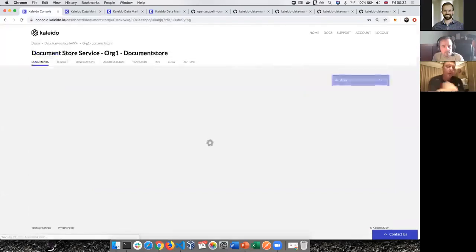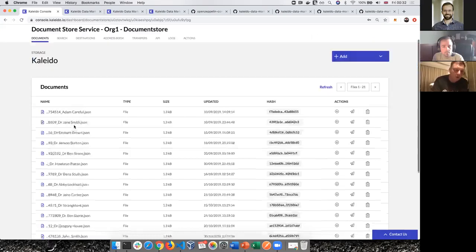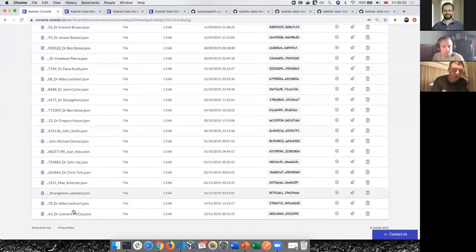document store. So in this particular case, this document store is just backed on Kaleido storage. We'll see a more real example where you would actually have that in your own private cloud account using S3 storage in AWS. But what we've got here is an upload of this doctor's details, and Kaleido's automatically generated a hash of the payload of that document. Nothing to do with what we've called it, nothing to do with where we put it inside of the AWS